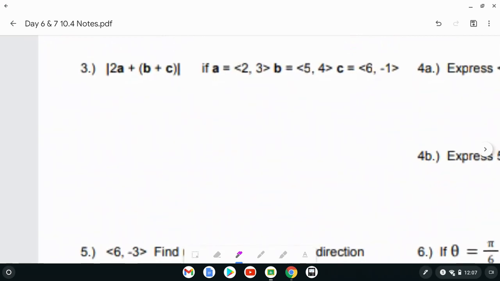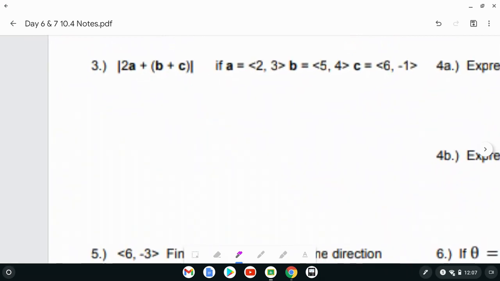Number 3, we're going to do some vector addition and scalar multiplication. So again, you're just applying A, B, and C, those vectors in that key right there. So we're going to do 2 times A. We're finding the magnitude of all of this, by the way, at the end. So let's do 2 times 2 comma 3. That's our vector A. Plus, and then in parentheses, just like we treat our normal expressions, we want to do